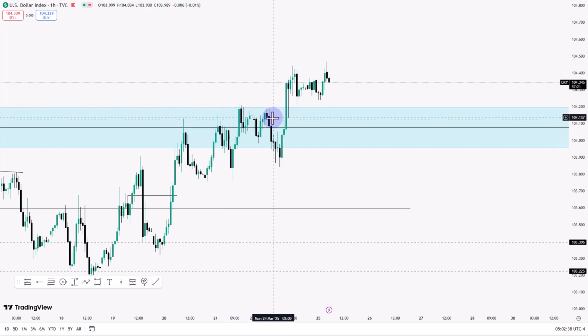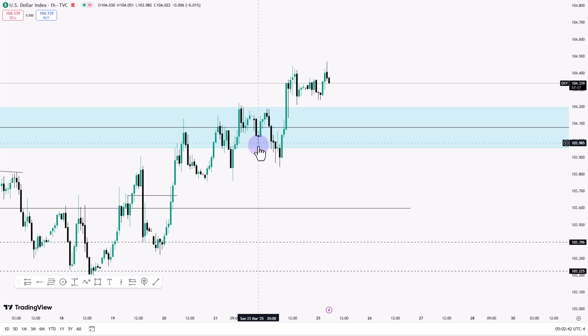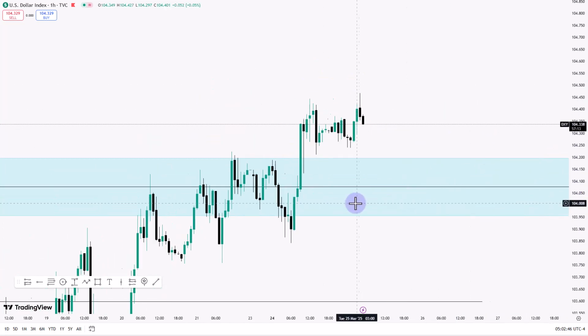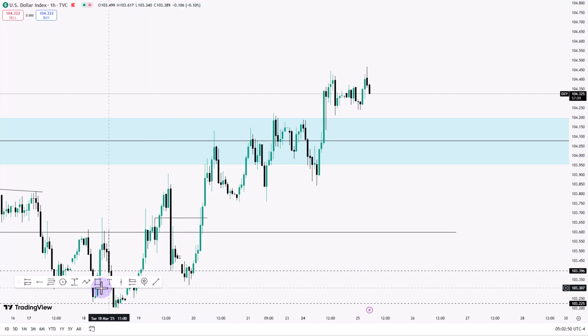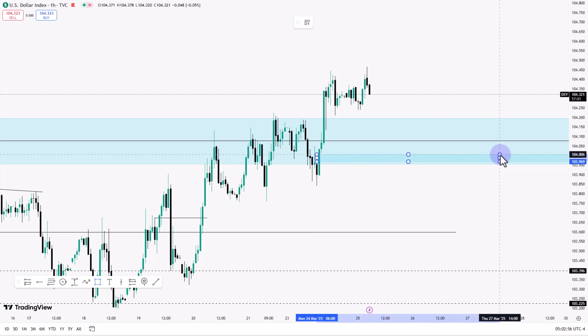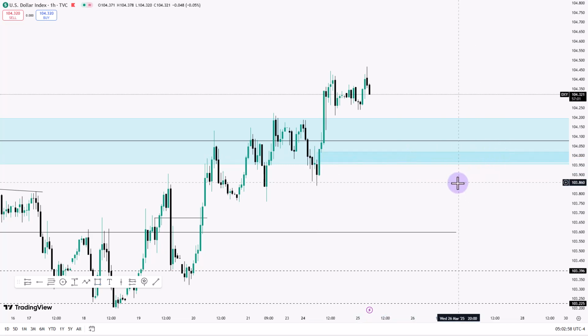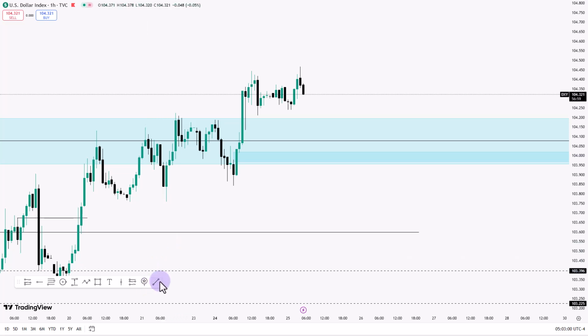Price opened on Monday, took out that Sunday low and traded into that bullish order block, then created another bullish shift of structure. I would like to see this guy return into this fair value gap right there, or alternatively, because we've seen this take out the low, trade into the bullish order block, create a